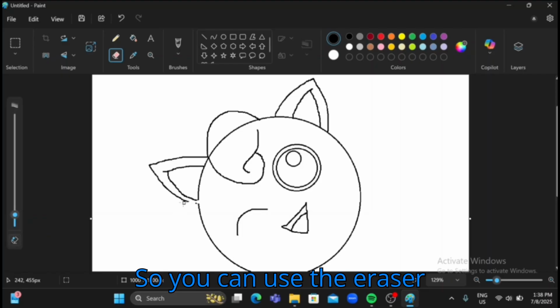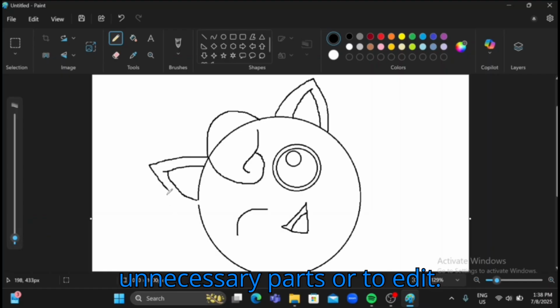So you can use the eraser tool to erase some unnecessary parts or to edit.